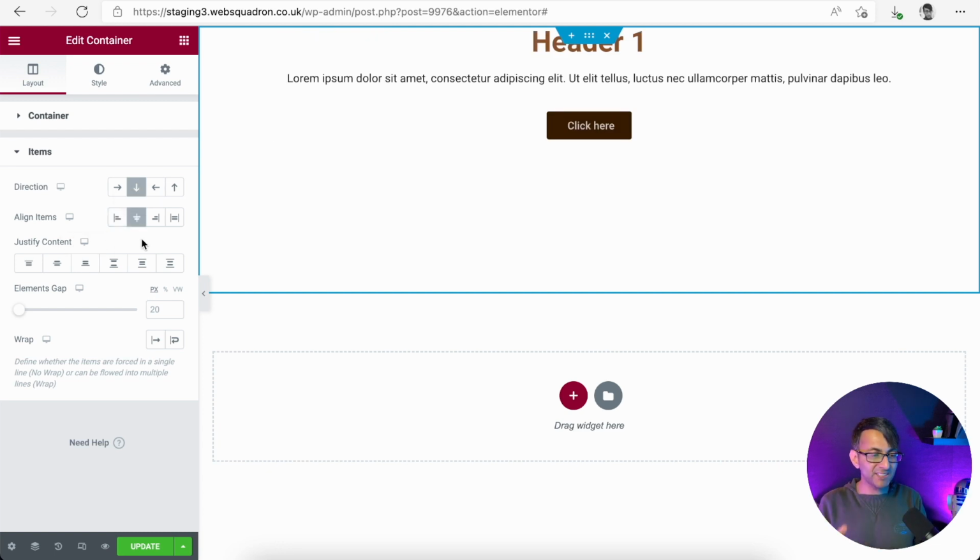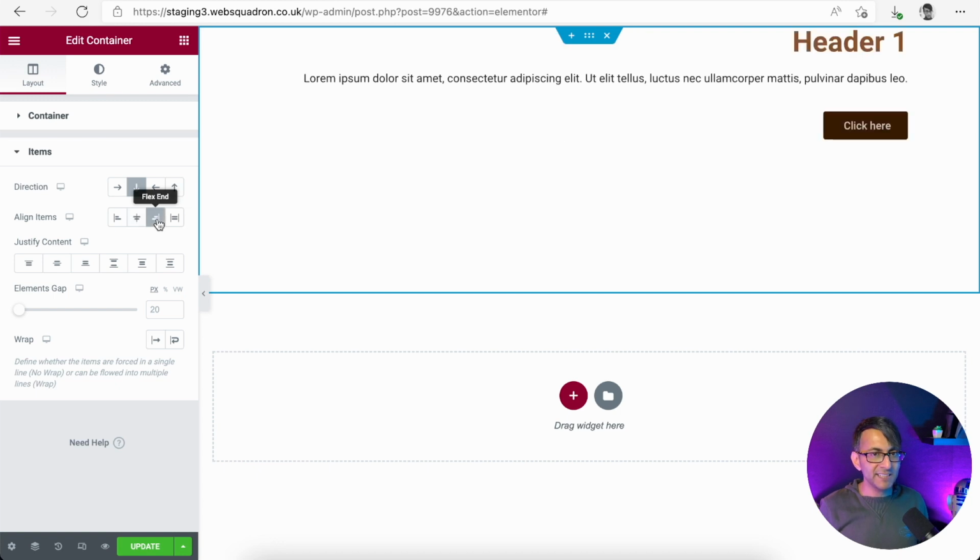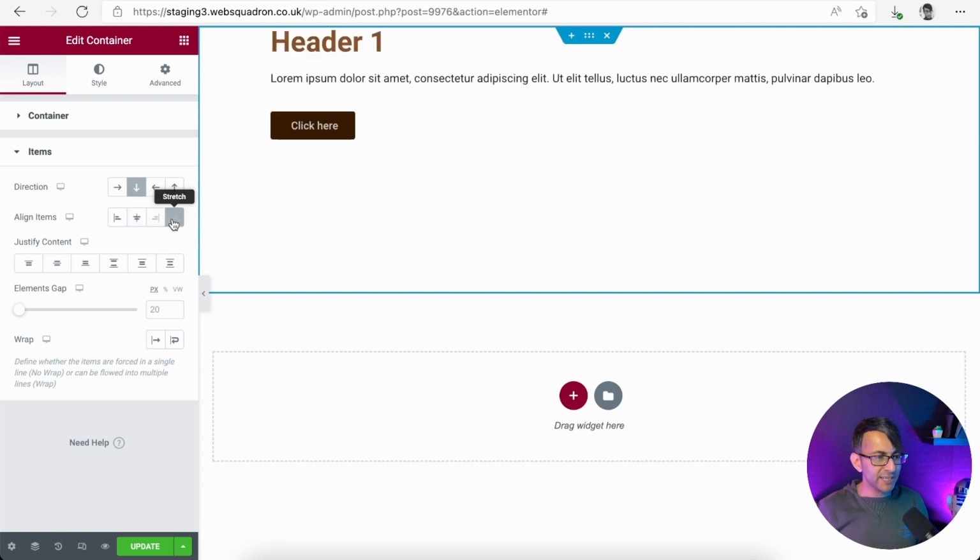It's now put it into the center of the column because it's now treating this entire container as your area or your estate to work with. If I change it to row, we would get a different layout, okay? But at the moment, I'm just doing this as a column. So it's still assuming that we are occupying 100% of the width. Well, it's not assuming. It is occupying 100% of the width. If I go to flex end, it goes over there. If I do stretch, well, it's kind of the same as really doing the left align, unless you've got other items within there. Let's just put this back to flex start.